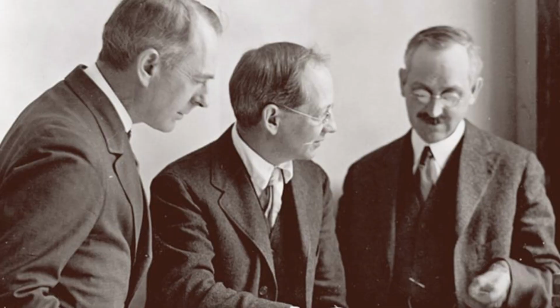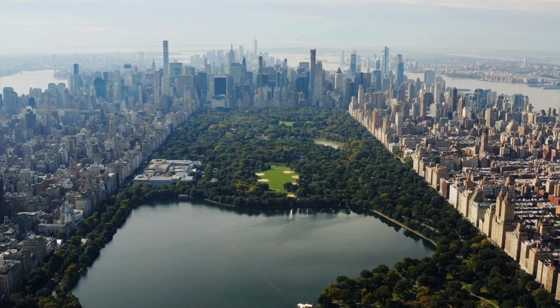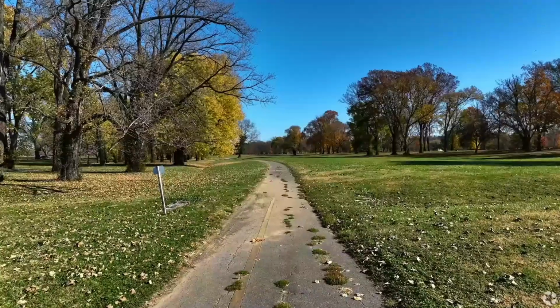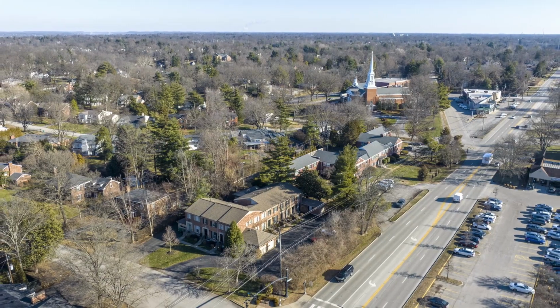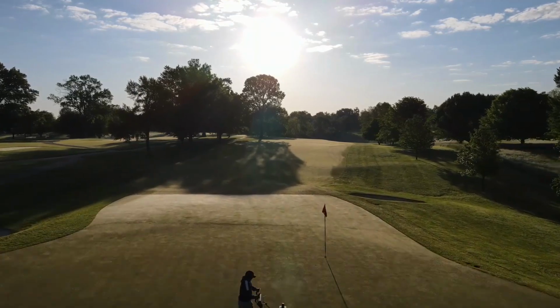He owned over 300 acres of land as of 1805, and his family owned that land all the way into the early 20th century. In 1911, the family actually contracted with the Olmsted brothers, the same guys who designed Central Park in New York City, and they've done a lot of the city planning for us here in Louisville in our local parks. They partnered up with the Olmsted brothers to develop what is the original Indian Hills area today, that section. And they developed this community plan based on the neighborhood as well as the country club and golf course. There are actually 2 homes in the area from this time period that are on the National Register